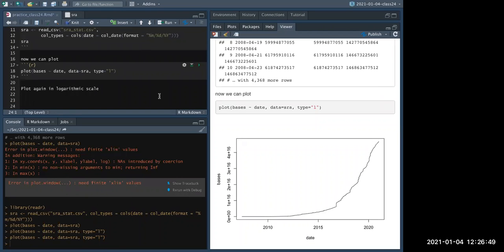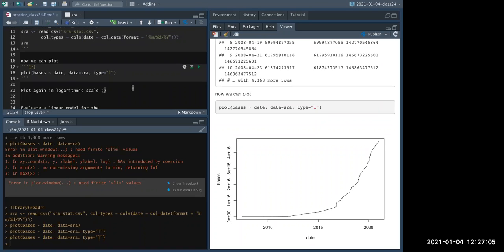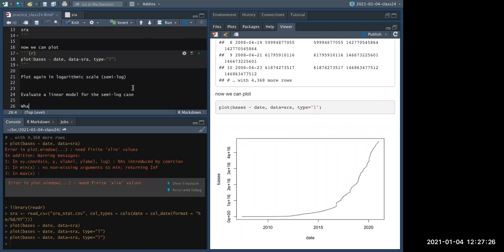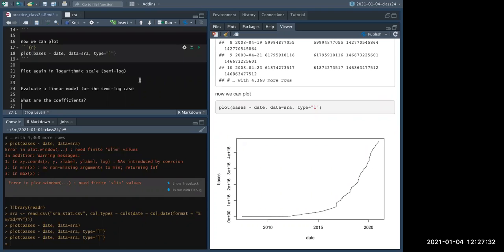Then evaluate a linear model for the logarithmic scale, meaning, to be more clear, semi-log, essentially with log in the vertical, not in the horizontal. Okay, these are the questions that